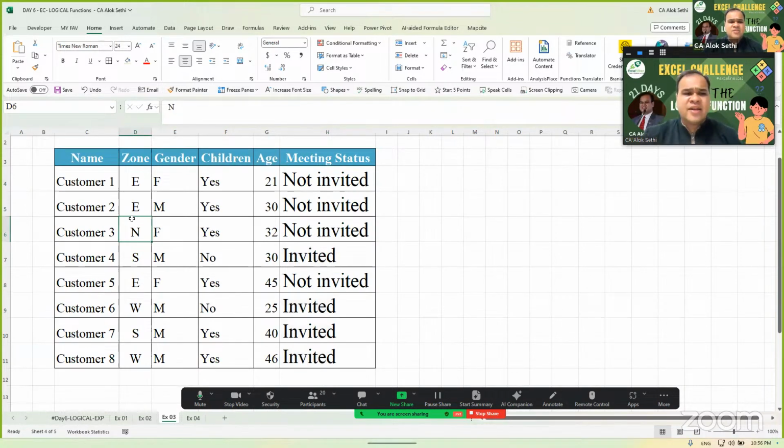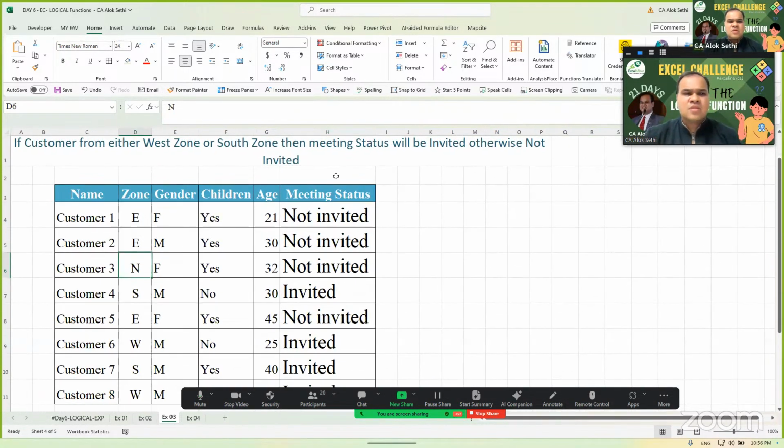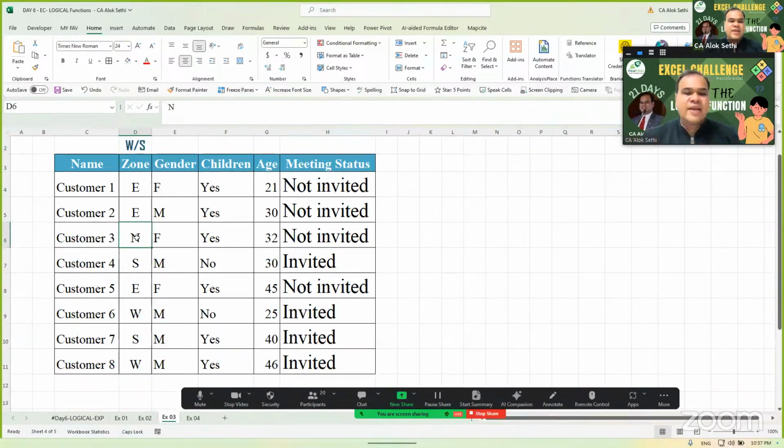Check if we are getting the right answers. The zone should be west or south. So I'm just typing W/S for understanding. Are we getting the right answers, everyone? Yes, sir. Okay, now how to apply conditional formatting, ये मैंने बोला था मैं बताऊंगा, लेकिन बताया नहीं था, यहाँ